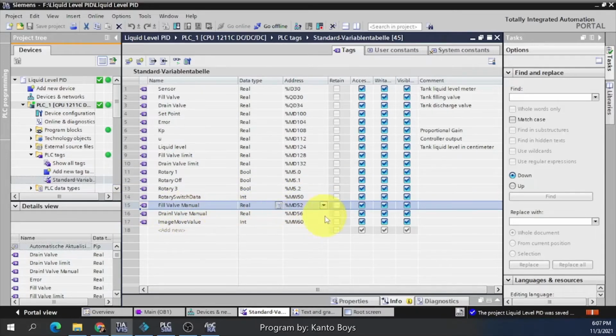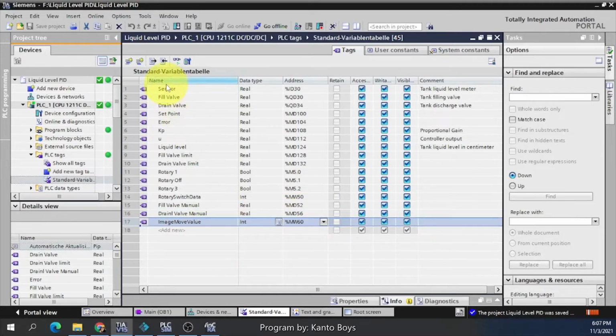The fill valve manual is real, MD52, and the drain valve manual is MD56. So these are the tag table. Before you create the program, we need to create this so that it is easy. Then you only drag and drop in the main OB.